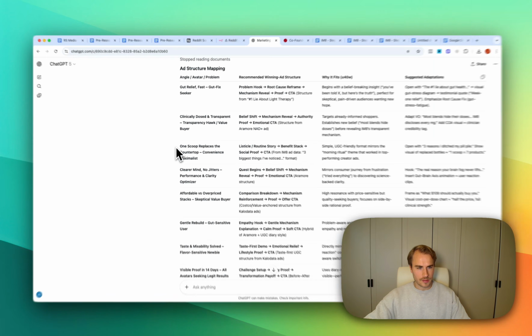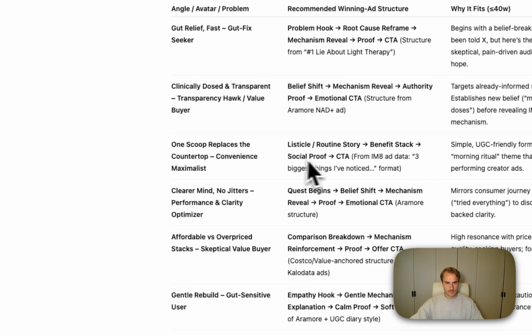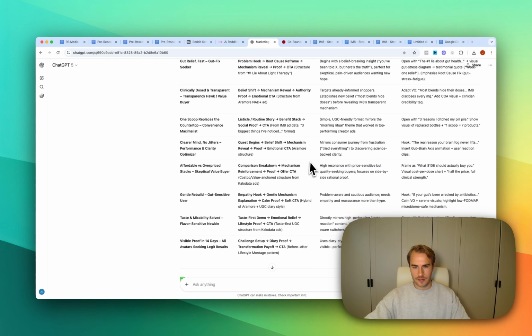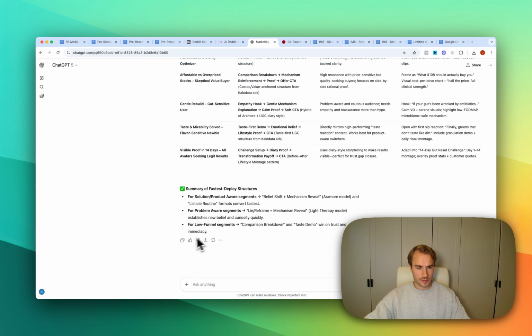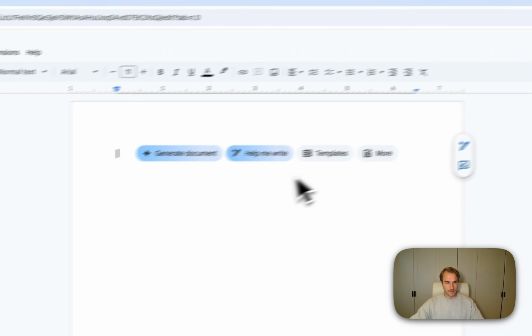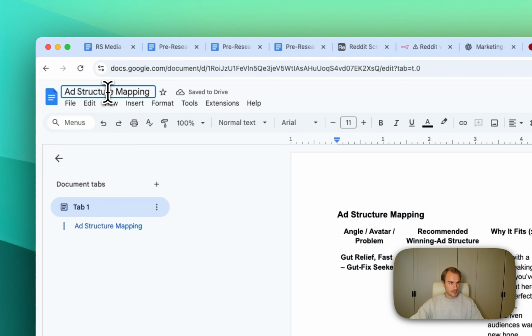Beautiful. This looks really good. So we have a ton of strong structures here to work off. So I'm just going to do this. iMate